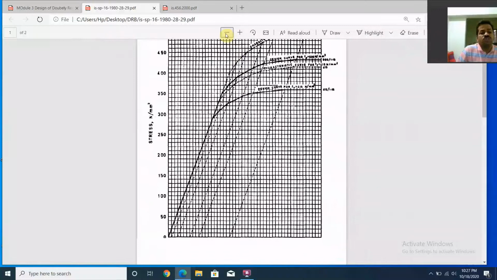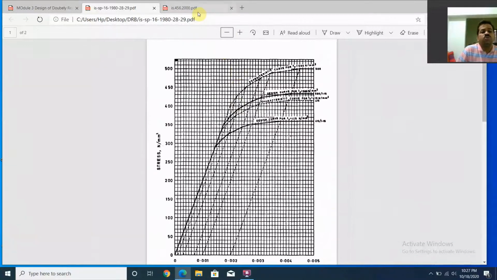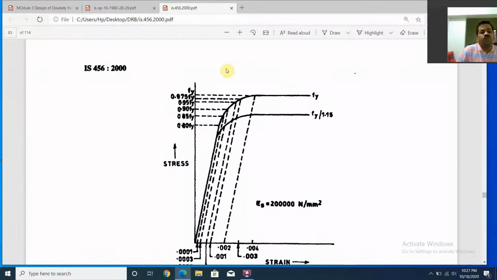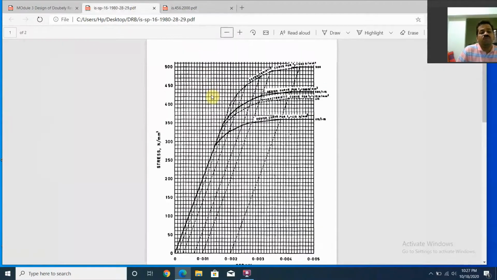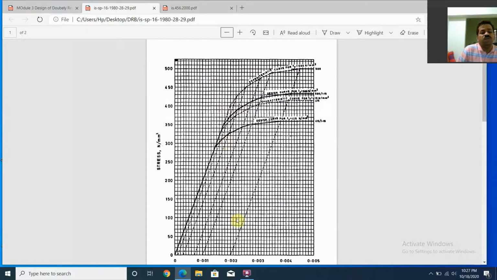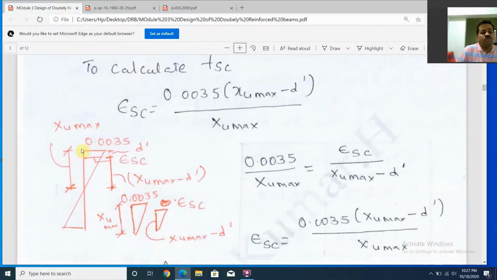Stress versus strain. So this is a pictorial representation. In IS 456, a similar graph has been shown in a detailed way. It tells that for each value of strain, the stress varies. So you are supposed to find the strain first, and later the stress. To find the strain, we draw a